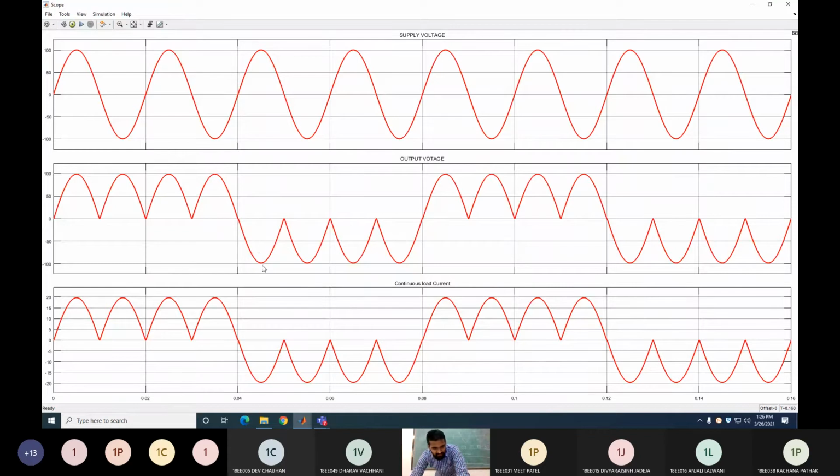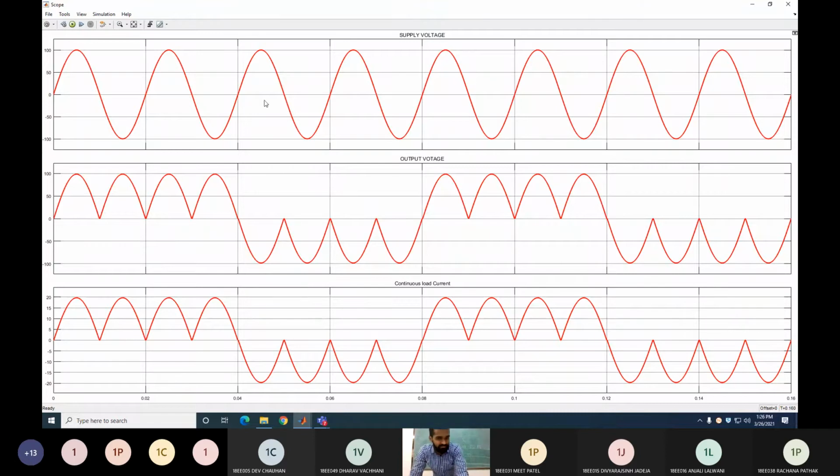This gate pulse is for N1 and N2. This one is for N3 and N4, N1 and N2, and N3, like this. Same way for the next cycle, it is repeated again. You can see that this is up to 0.08 seconds. It means up to 4 cycle period. Clear? 80 milliseconds. So in this 80 milliseconds or 4 cycles of the supply, you get the output voltage one cycle. So you can see that it is a step down frequency, 1 by 4th of Fs.